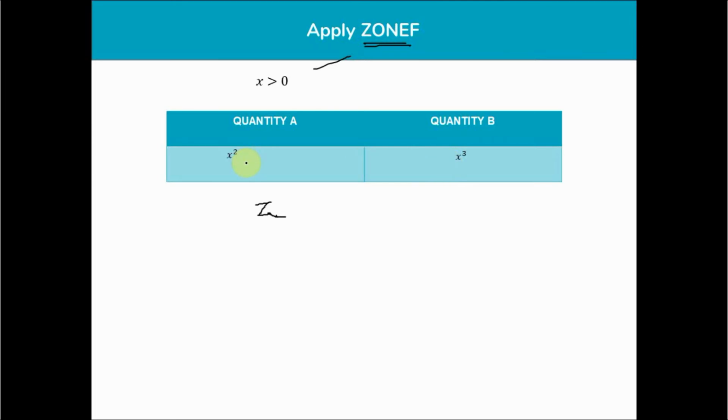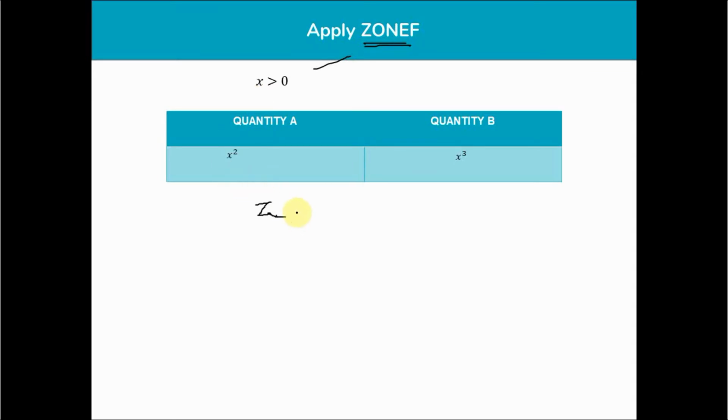Yes, it is true, but provided x is an integer. Only for positive integers. Say x is equal to 1, x cube is equal to 1, both are equal. But when x is equal to 2, x square is 4 and x cube is 8. So this is 4 and this is 8, so 4 is less than 8. That's what you get, right? Now, when it is an integer greater than 1, you know that x cube is greater than x square. But then it doesn't talk about integers always. So how do you go about such problems?